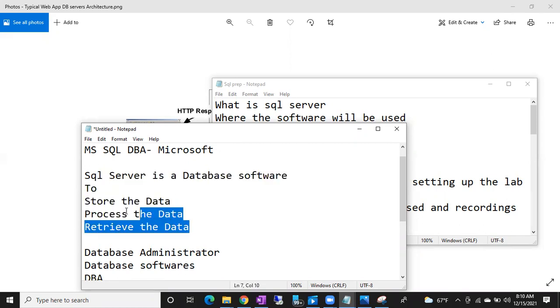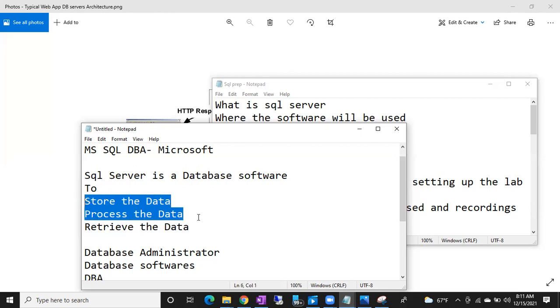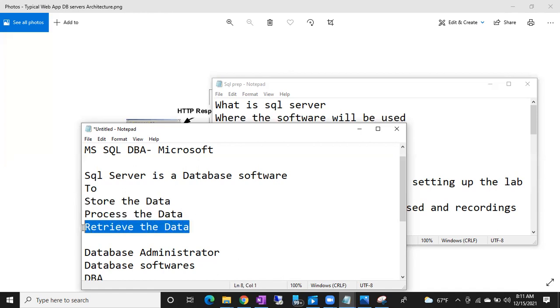By using any database software or your SQL Server software, the first thing is you can store the data. You can store the data and you can process the data. And whenever you want, you can retrieve the data. Guys, your laptop has 5 terabytes of storage, but you are unable to retrieve. It was locked. What is the use? So everything is important. You have to meet all the prerequisites.